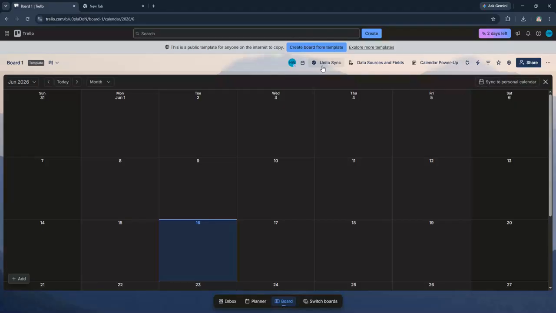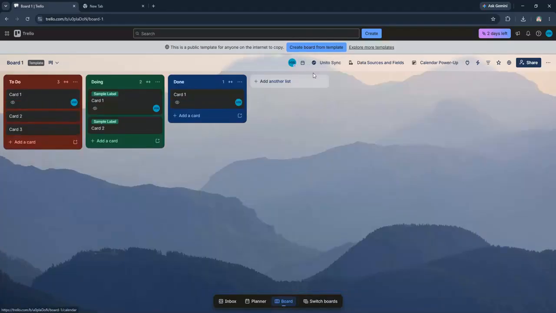This way, all your Trello due dates will automatically appear in your personal calendar, allowing you to manage your tasks